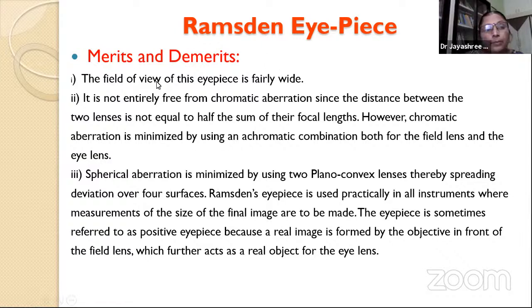Now, what is Ramsden's eyepiece? See here, Ramsden's eyepiece consists of two plano-convex lenses, each of focal length f, separated by a distance equal to 2/3 of f. Total focal length, check. What are the particular multiples of this? 2/3 of its focal length, and the lenses are kept with their curved surfaces facing each other, and that's why, naturally,